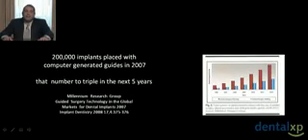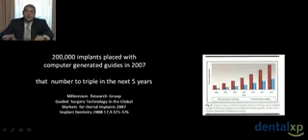Computer guidance is rapidly gaining acceptance in the field of implant dentistry. There are probably more than half a dozen companies currently producing computer guidance systems. As a matter of fact, a recent study from the Millennium Research Group showed that in 2007 there were more than 200,000 implants placed using computer-generated guides, and they anticipate that that number will triple over the next